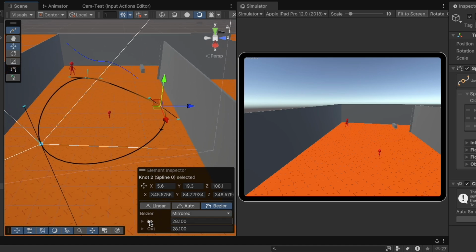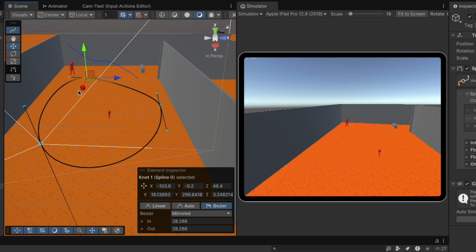And if you want to set up the in and out curvature, you can do it numerically from the element inspector. But right now I explained how you can move the spline and have